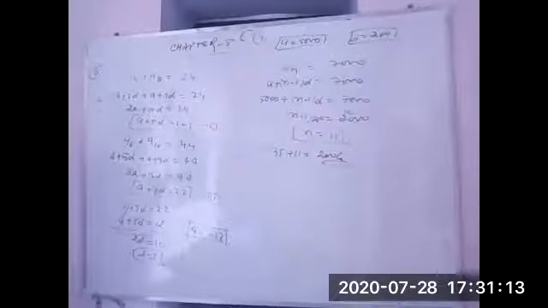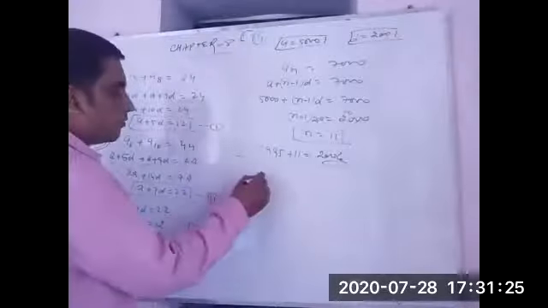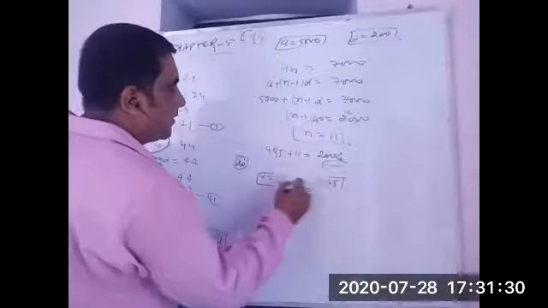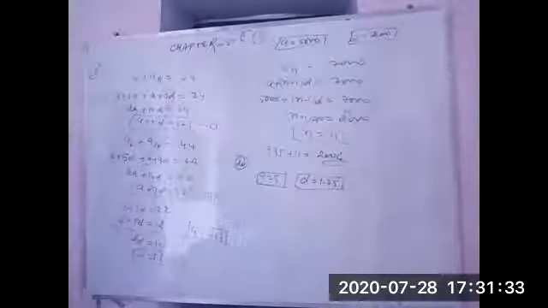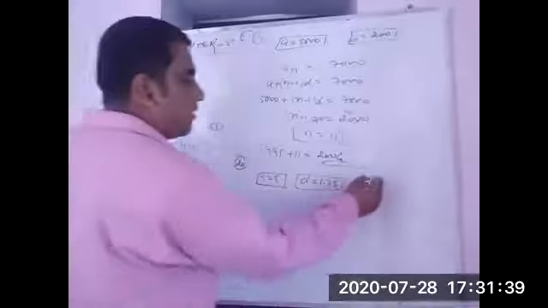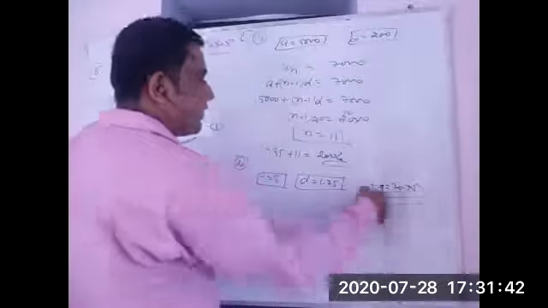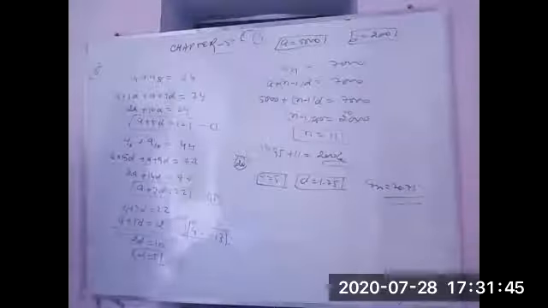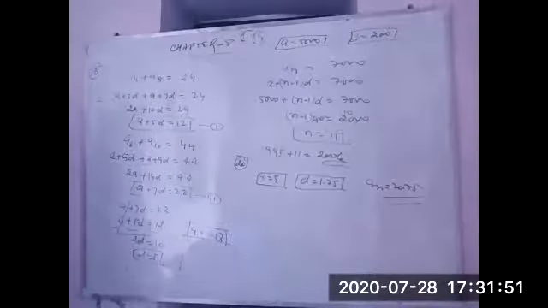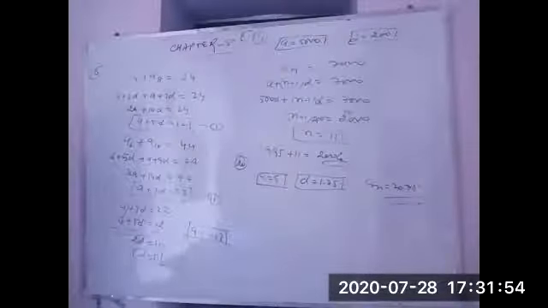And next, Ramkali saved 5 rupees in the first week and then kept increasing her saving by 1.75. a will be equal to 5. d will be equal to 1.75. And when her saving becomes 20.75, an will be equal to 20.75. I think there is no need to do it. And remember one thing: each and every time, the value of n you get is a natural number. That point is to be remembered every time.